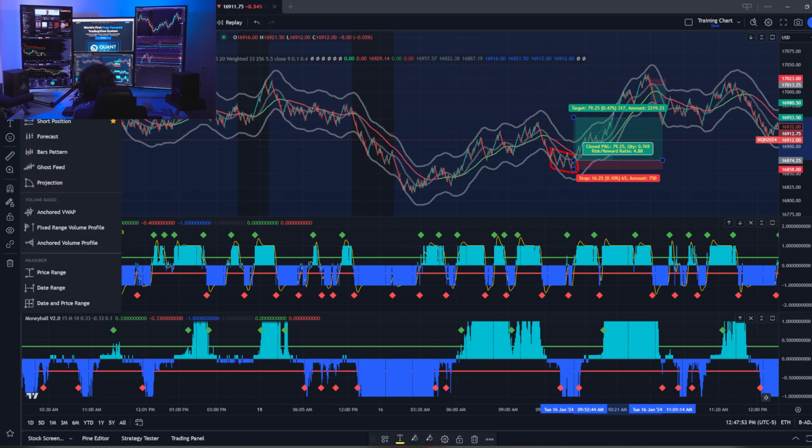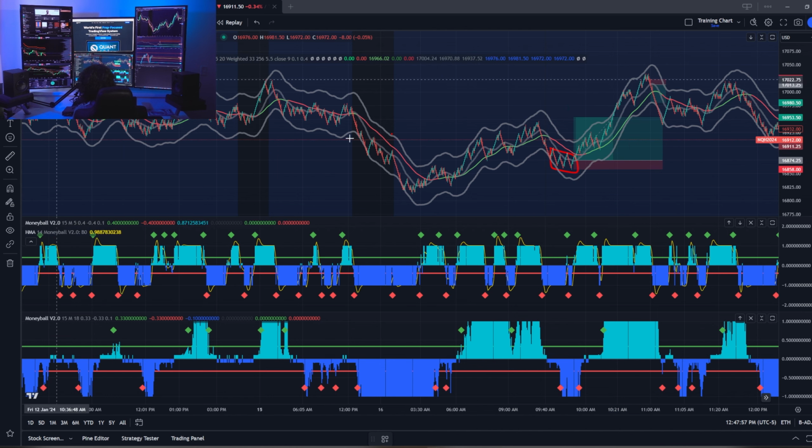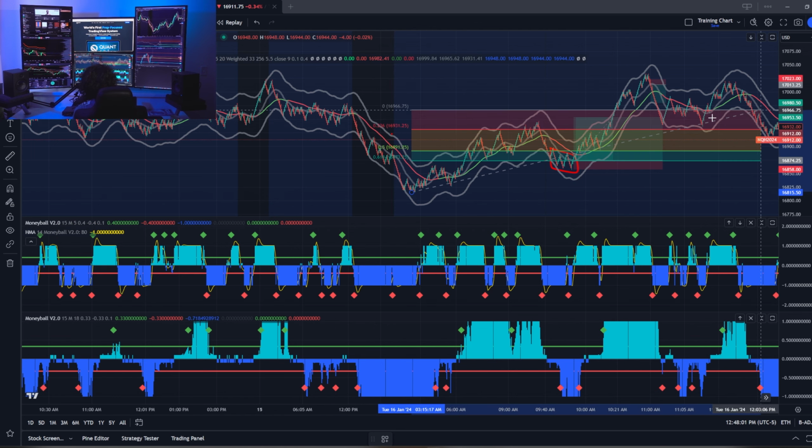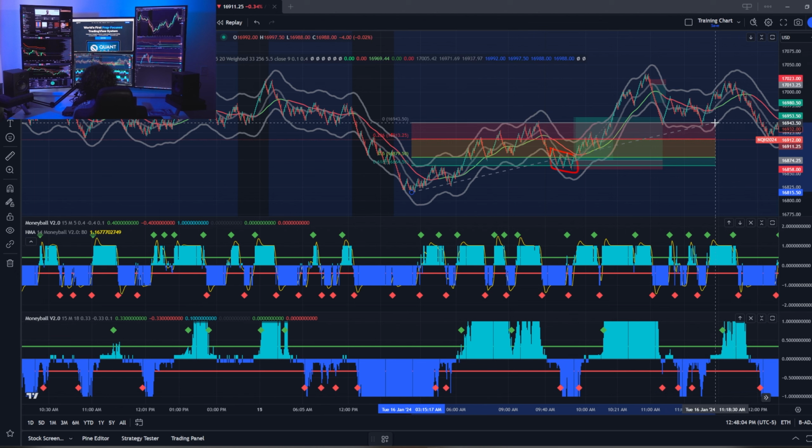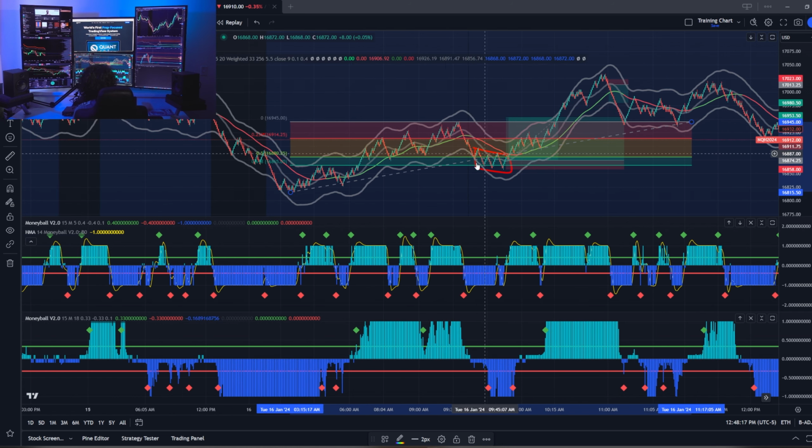This from 3 a.m. to, let's see, this is like 3:04. Yeah, so this is 3:04. So this is London session. So we have this big move up and we pull back literally to the golden pocket, the 0.618. This is what I mean, that it was a pretty strong fib level. So we pulled back literally to the 0.618, right? And so there's a very, very high probability that we're going to bounce here and continue going up to the